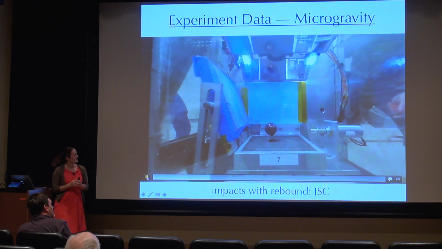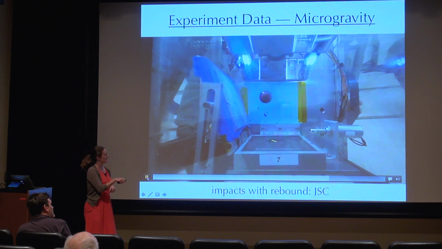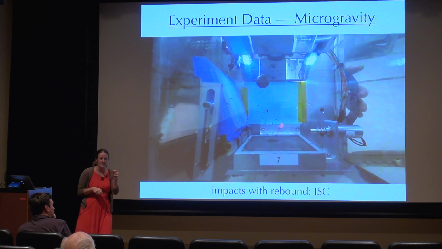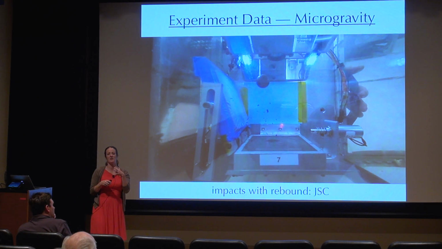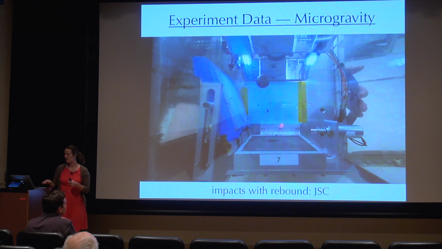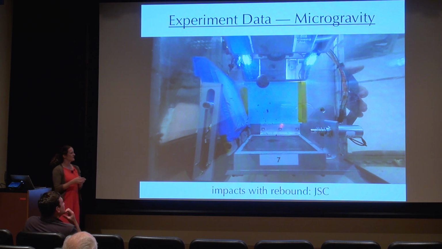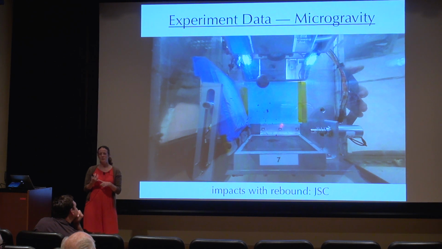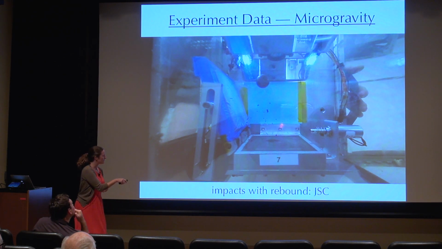Okay, there. So this is a fun one because this is actually JSC-1, which is a lunar regolith simulant. It's really fine particles and it's really jagged, sort of like that picture I showed earlier. You can see this marble hits the surface and it rebounds. This is going pretty slowly, and you can see there's a little divot, a little crater that's left, but we don't actually